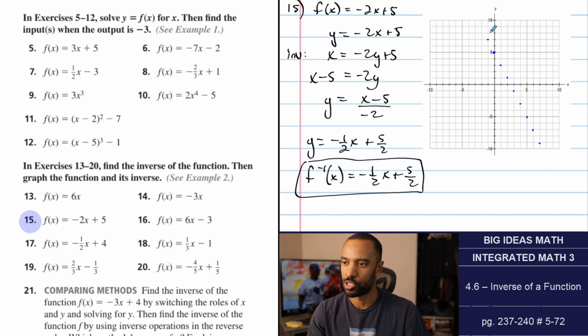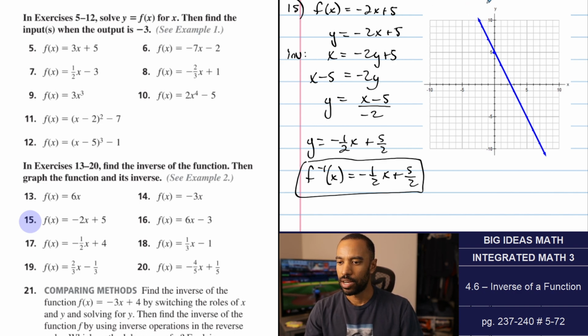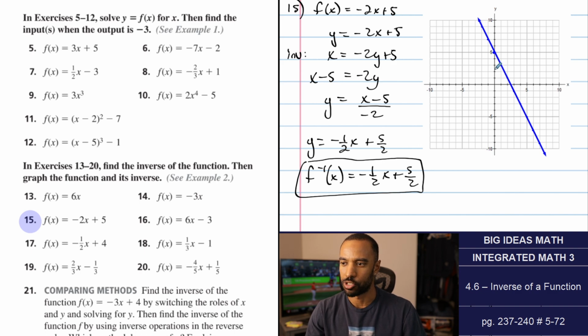Always plot as many points as you can fit. Okay, and then we go through like that. Now the other one is y equals -1/2 x plus 5/2. So 5/2 is 2.5. So we can start up at 2.5 right here. Now the -1/2 means go down 1 over 2. So if I go down 1 from here, I go from 2.5 to 1.5, and I go